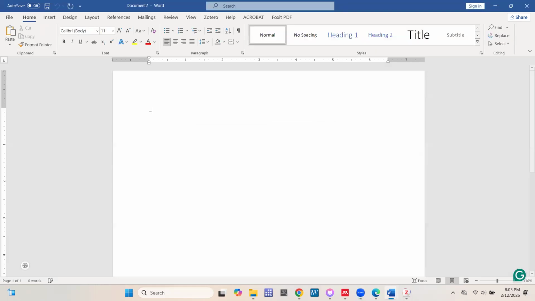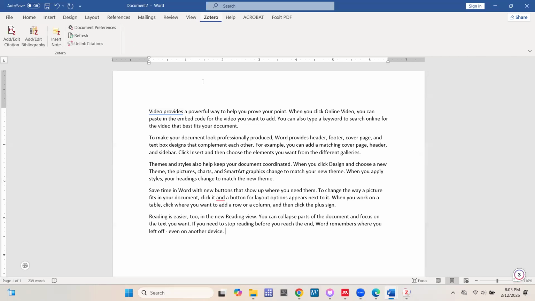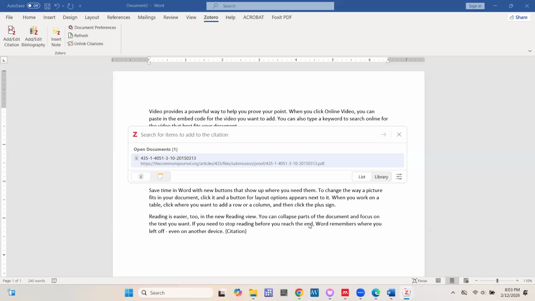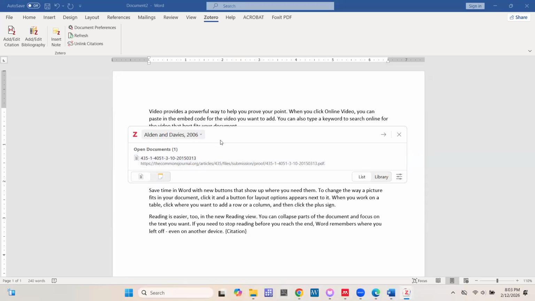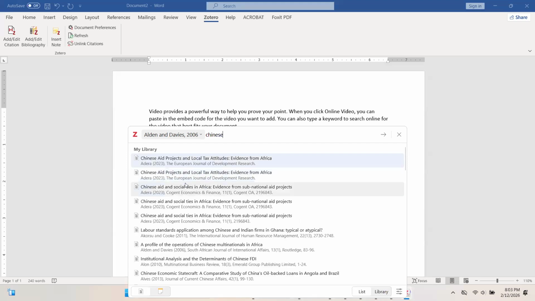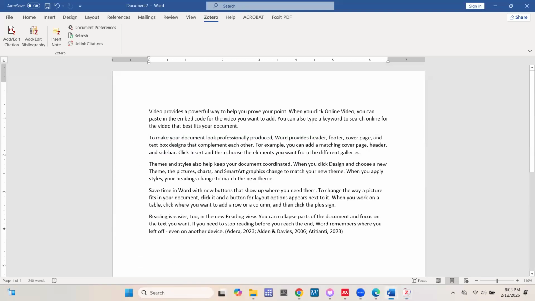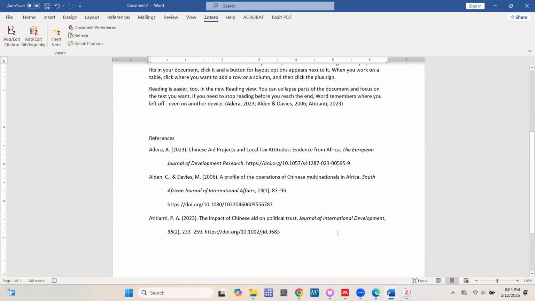Let's quickly create a new file, and then insert maybe a few. So go with the 7th edition, and go with this. Let's get 3. All right, so we go with this 3. And then we insert the bibliography. So you add bibliography, right?